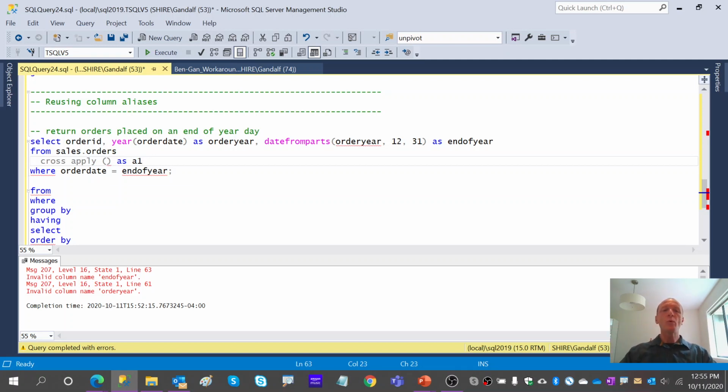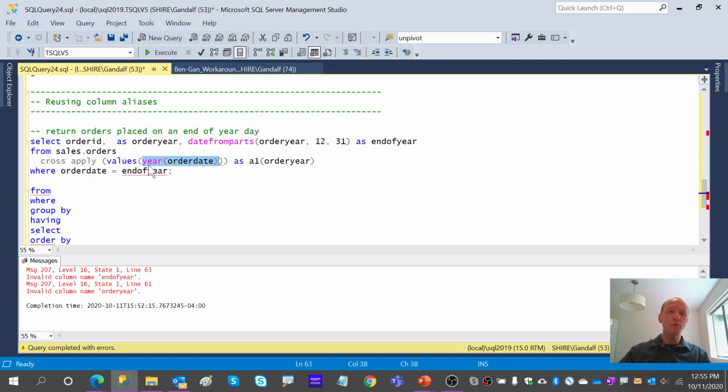So let's say we do a cross apply, creating a table expression called A1 with the result column for the year, and within it, a single row based on a values clause. In this case, based on the expression, from here, we'll just move it down over here.